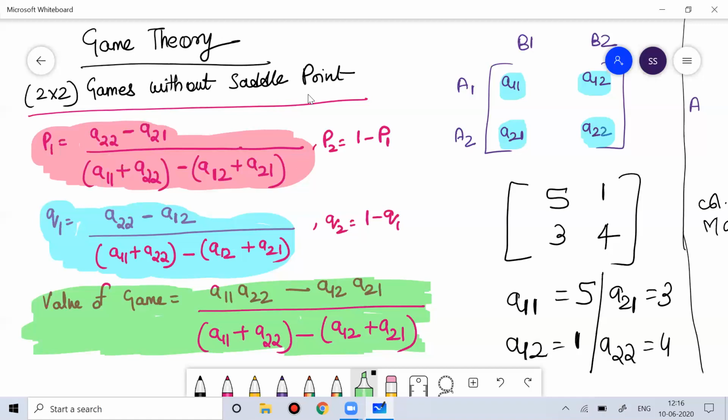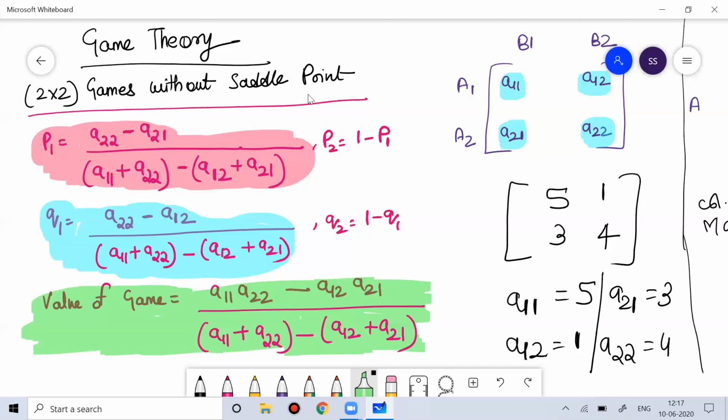It's a benefit to learn one more way of solving the problem. And in the exam, it will be your choice how you want to solve the problem. In case you get a 2 by 2 matrix that can't be solved with pure strategy, and maybe you're not very confident on the concept of probability, you can solve the same problem by using the given set of formulas I've written for you.